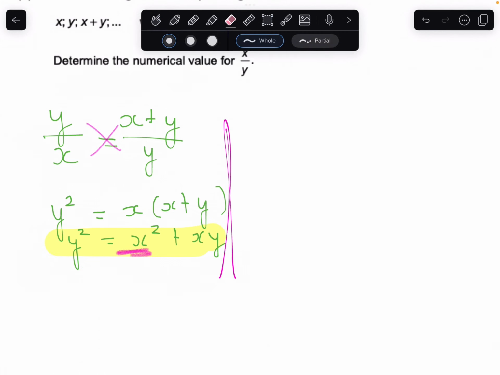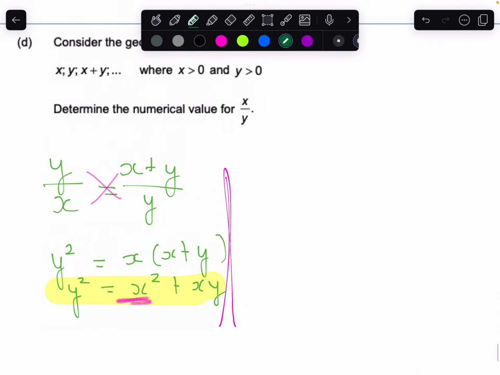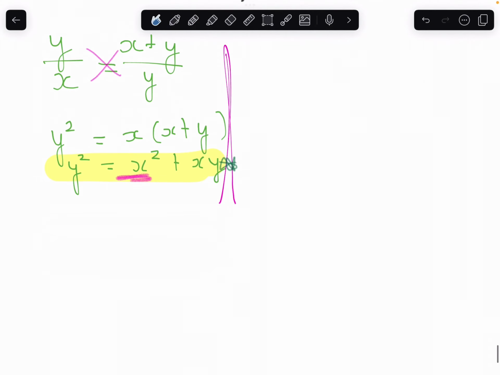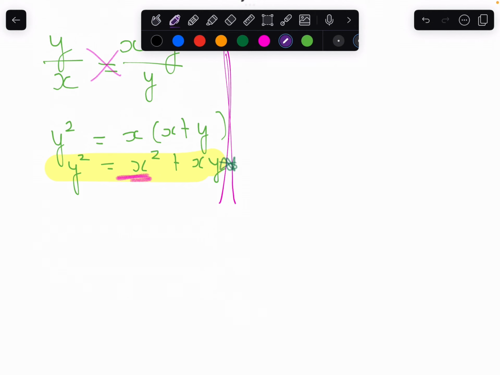Right, so yeah, the initial approach that I had was to again just start by expressing this y over x is equal to x plus y over y. So that's the relationship, the common ratio. And then cross multiplication gave us this equation ultimately. So then what they do in the memo from there is they then say, okay, so